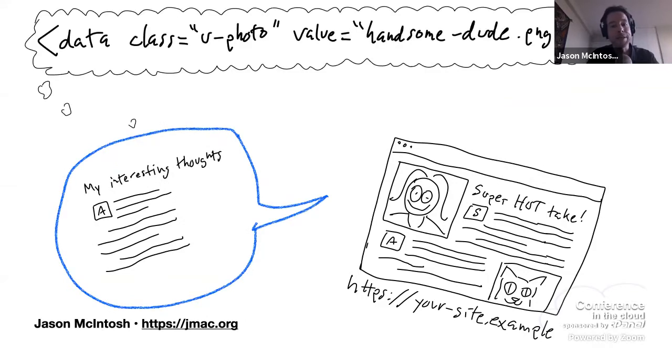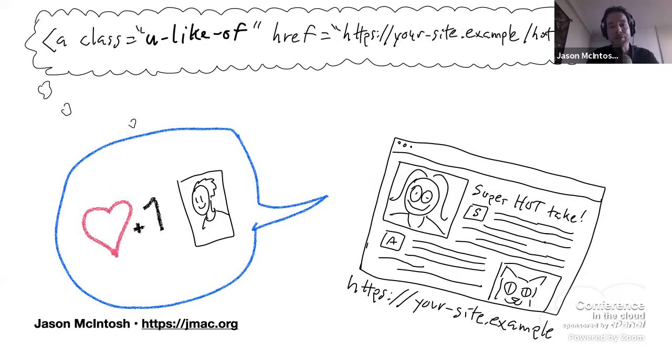It can use metadata that I've embedded on my page as hints that can help display my name or my avatar picture, or tell it more about the context of my article. Perhaps I just meant my post as a simple note of approval rather than a wordy comment, in which case your site might just increment a like counter. And this happens through an open protocol without either of us having to sign over our creative work to another company looking to turn a buck off of our audience's attention.